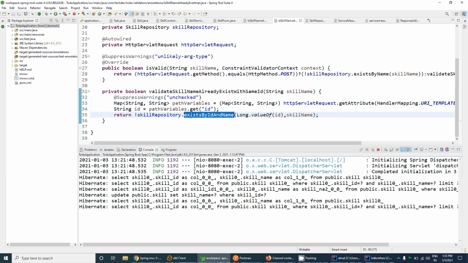So you just need to change the query, and that query will be exists by name and ID not, where the skill name comes first and then the ID.